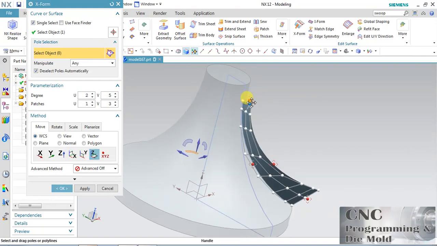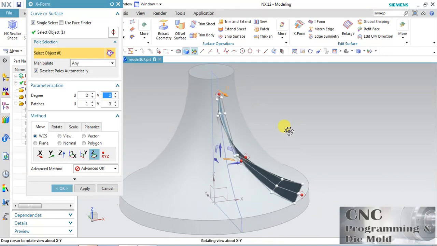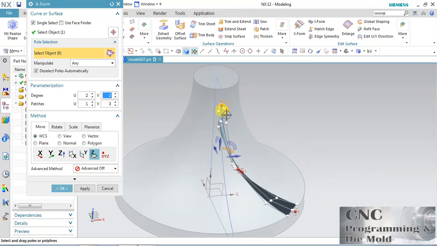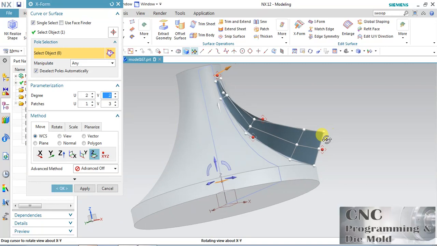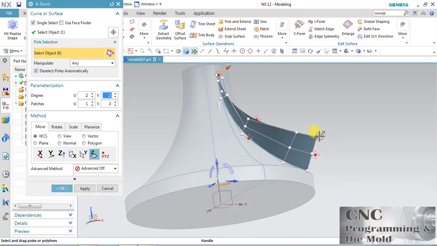Now drag it. And drag this. Okay, this way